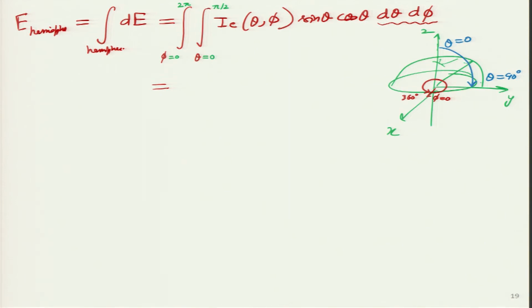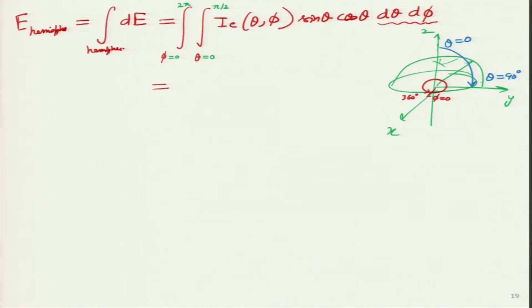Now, we have to put certain assumptions or conditions. Why? There is no way I can perform this double integral unless two conditions happen. One is that I can assume I to be constant, then I can bring I outside that particular integral. If I is not constant, then I need to know the emitted radiation intensity expression as a function of theta and phi. So, let us consider the first case where I am going to make an assumption that I is constant.